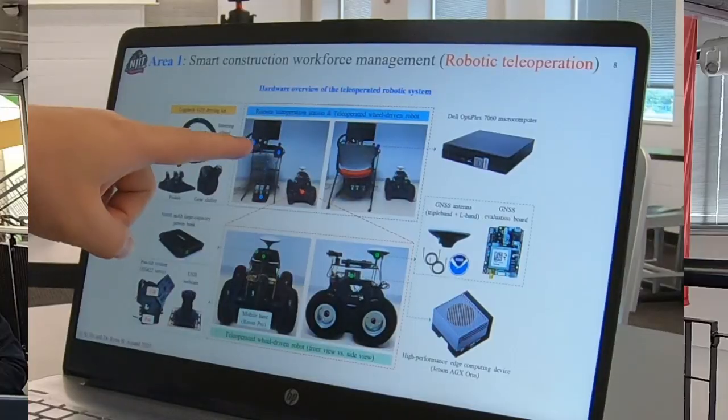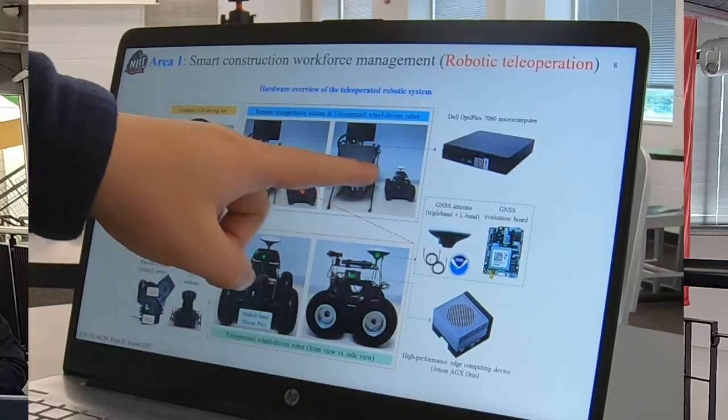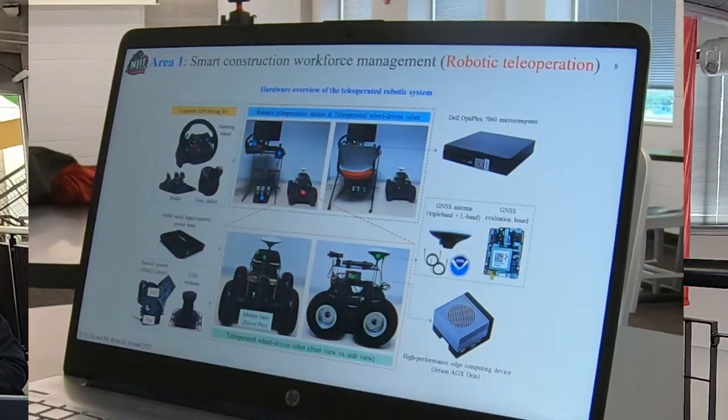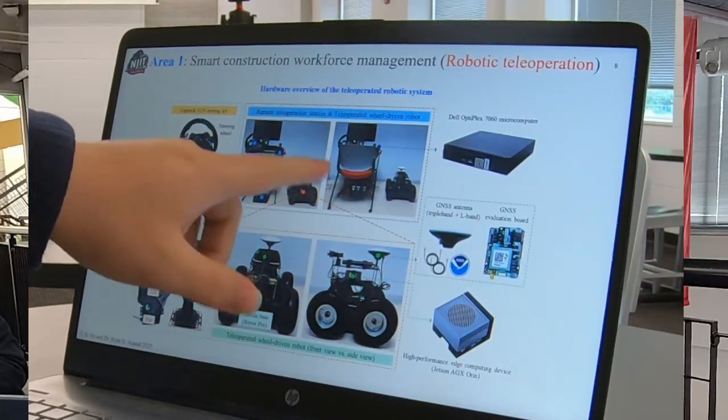Yeah, let me see if I can move a little bit. I'm going to switch the end. So some part of the result is right here. Yeah, that's part of the result. So basically, I show the result first, and then I'm going to talk about how we make it happen.